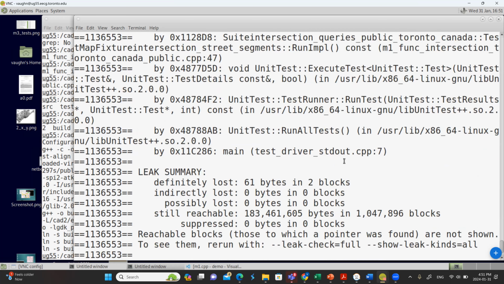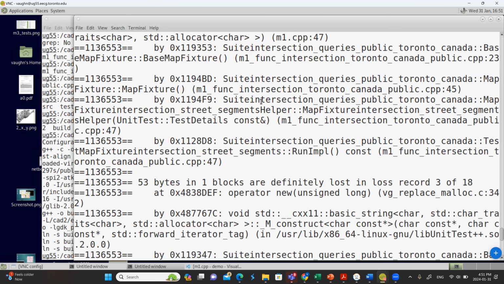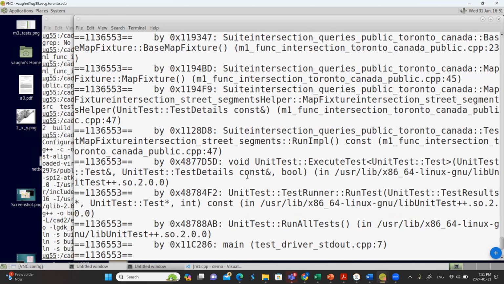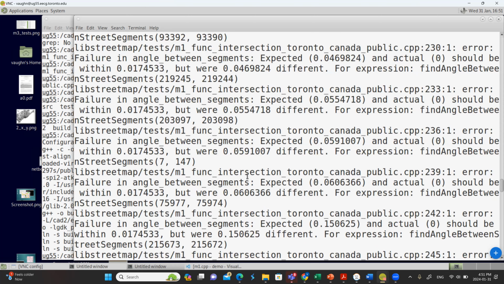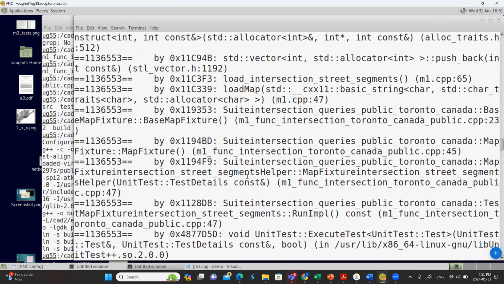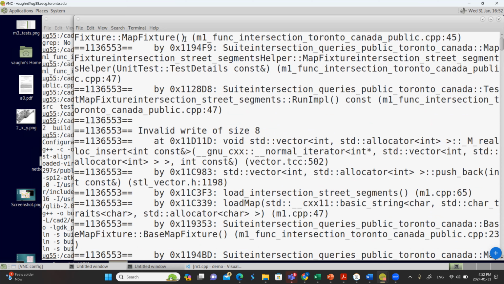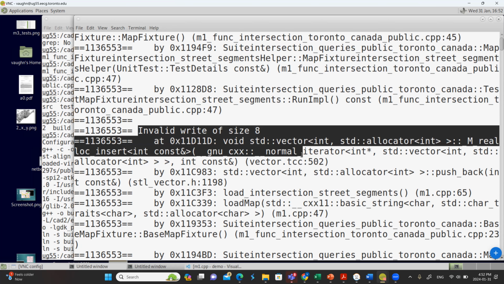Okay, so it's done. So a bunch of these, if I look at this output, let me look at it carefully. Okay, so let me go back to the start. I'll do exactly what I told you guys you should do. And there's a fair amount of output. But basically, it is telling me, here's an error, okay? Here's the start of an error. So it says there's an invalid write of size 8.